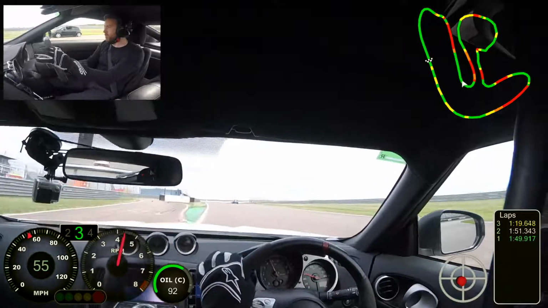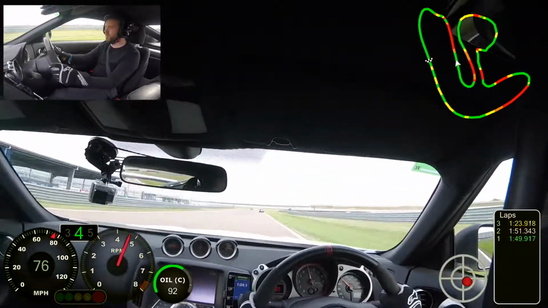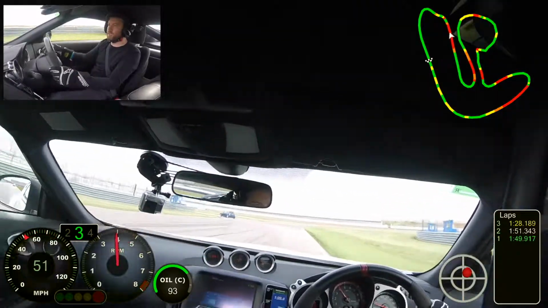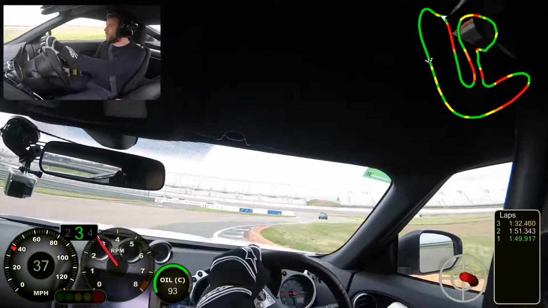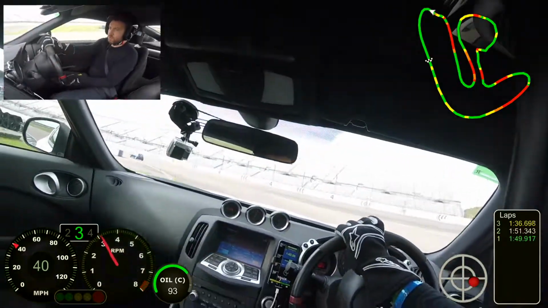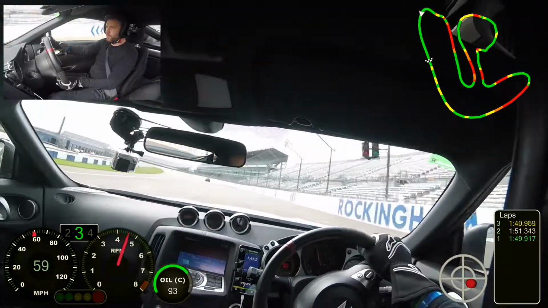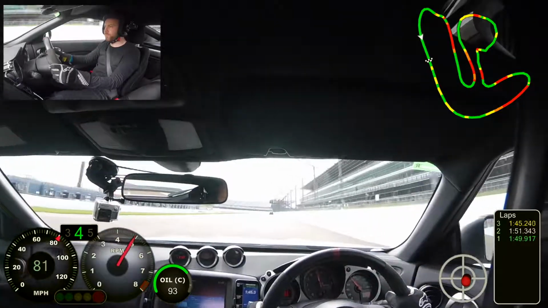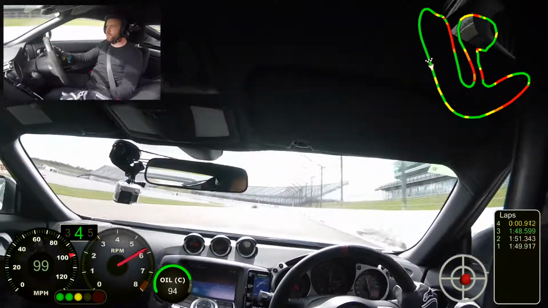Round. Across the white line and over to the left and back over to the right. Brake, brake, brake. Down into third. Turn in, off the accelerator, on, off, on, steer towards the wall, in third, up into fourth, into fifth,